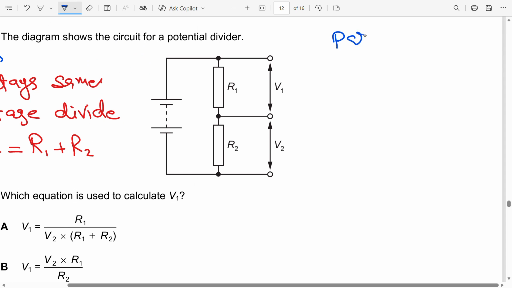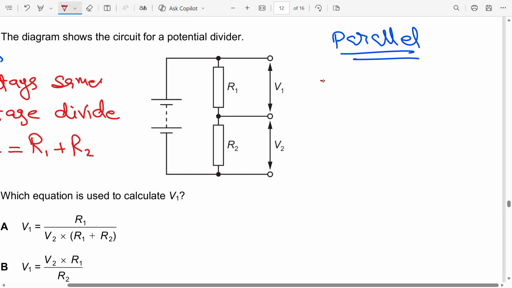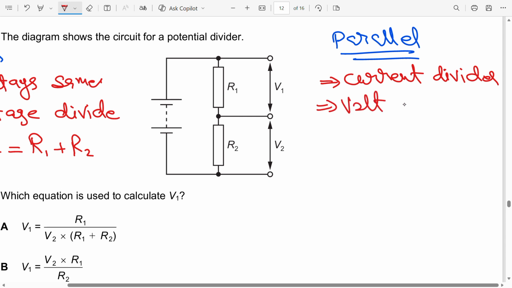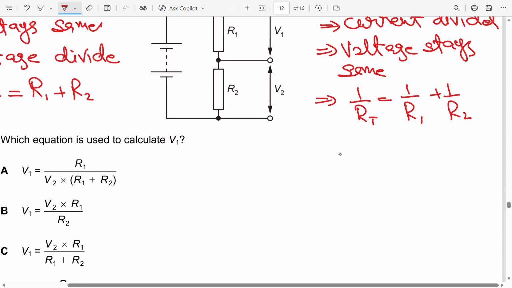Okay, mera beta. Now the second combination is, beta, the parallel combination. In a parallel combination, current divides. The second one is voltage stays the same. And the third perspective is that your total or equivalent resistance will be equal to 1 over R1 plus 1 over R2. And sometimes we directly use a relation for it, which is product over